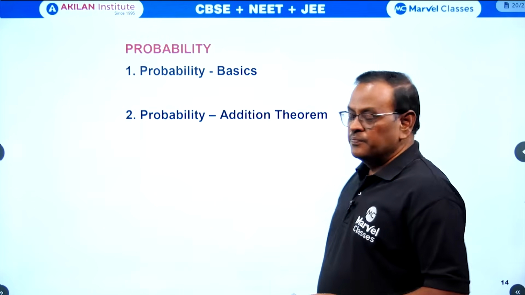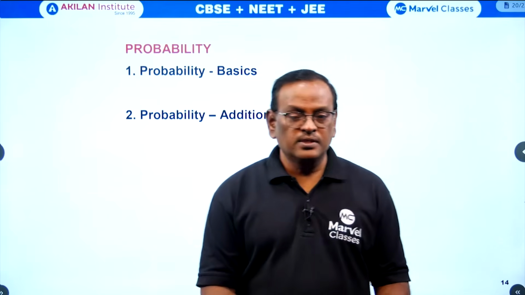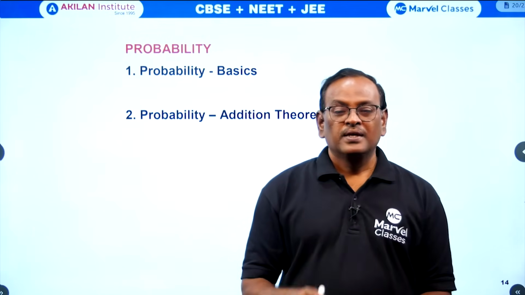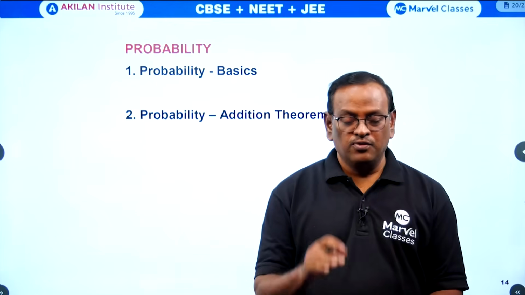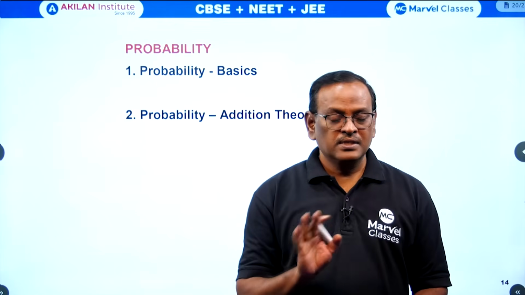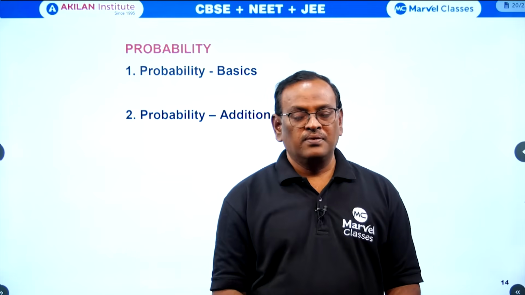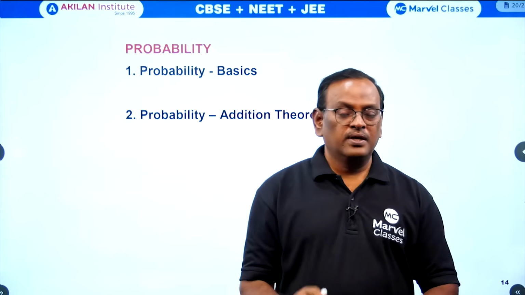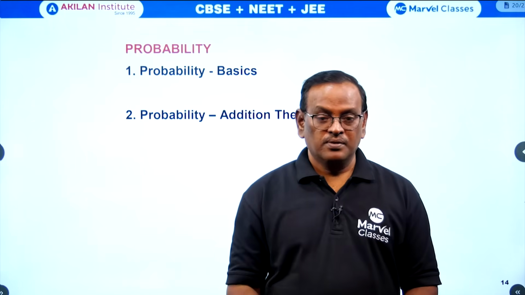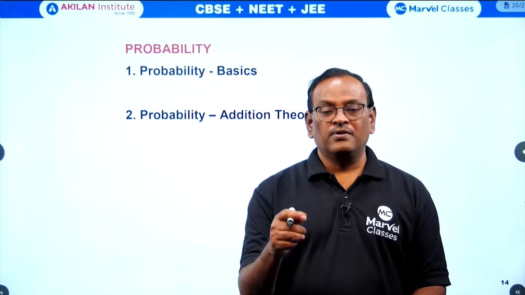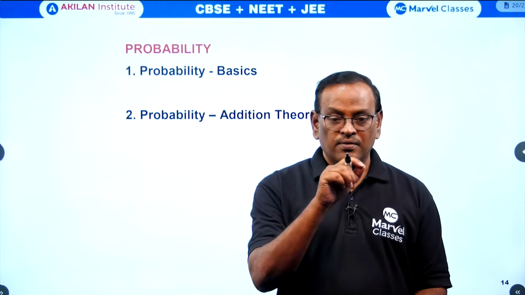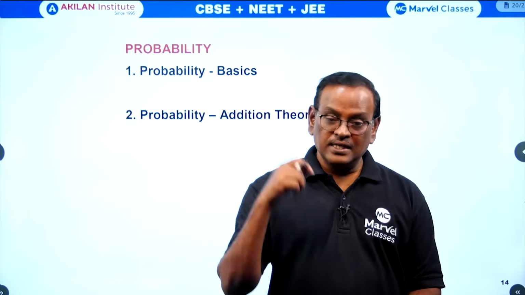Probability, so most of the students never focus on the steps, the content of the problem. They focus only on N of A by N of S. So always write the sample space if possible, write the total number of outcomes, and very, very important advice, write the favorable outcomes. Instead of writing the number of favorable outcomes by total outcomes, write the list of favorable outcomes and then apply the